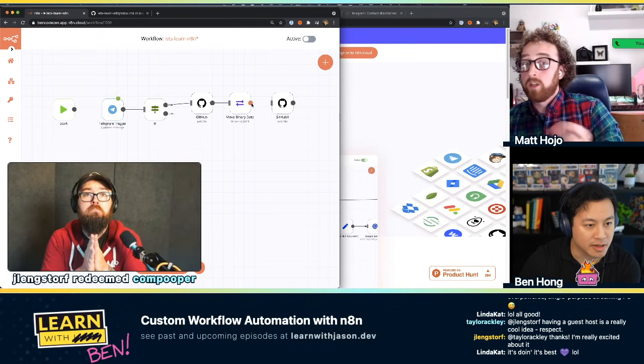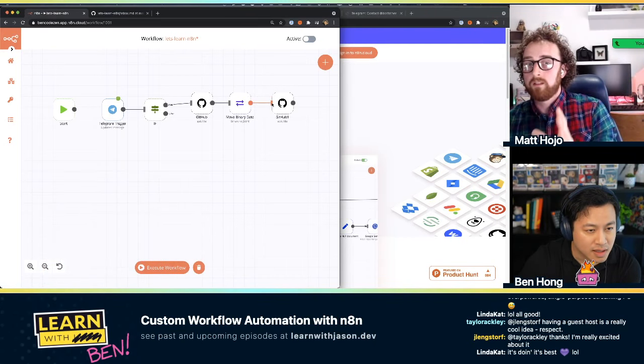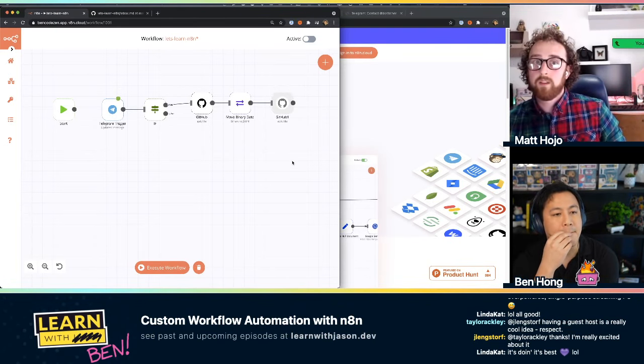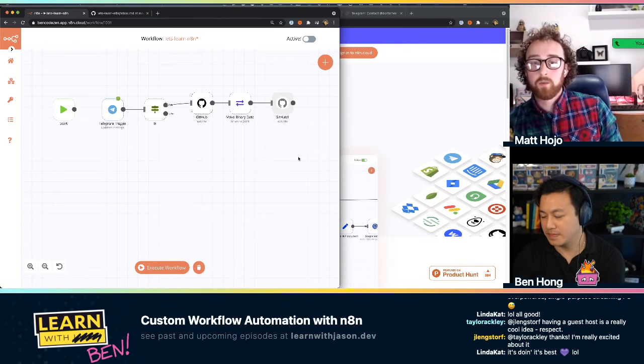Oh, there's a pause. There's a specific pause button that you can basically say, don't do this. So if you hover over that, click on that. Okay, so it's disabled. That freezes that one, so that it won't actually run that action. So if you now click execute workflow at the bottom again,